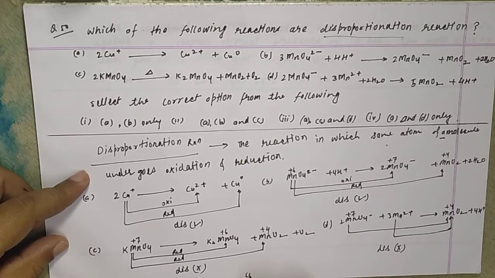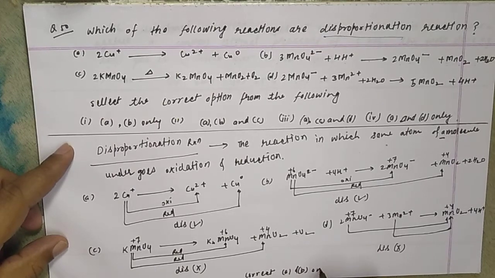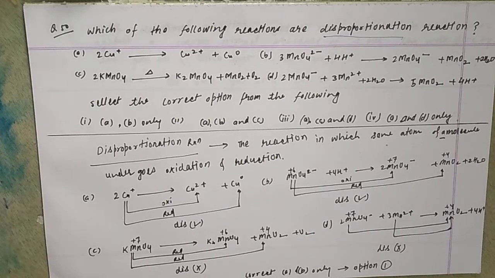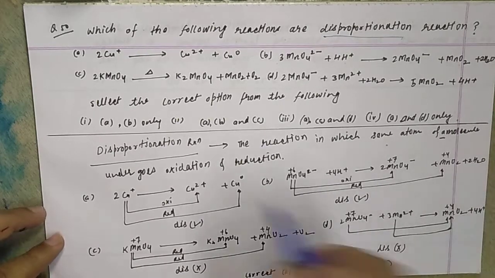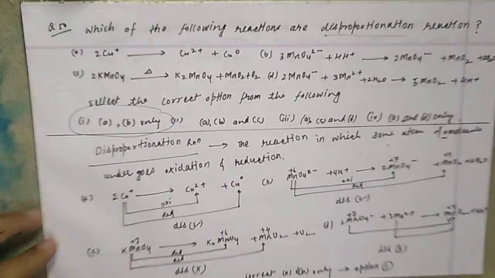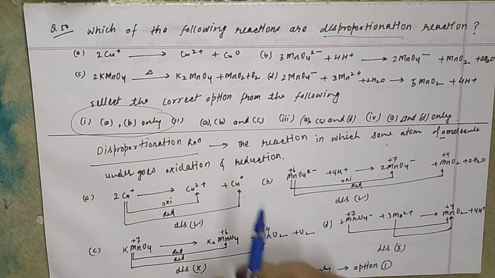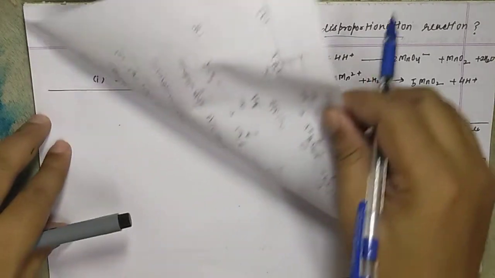So the correct ones are A and B. A and B are disproportionation reactions only. This corresponds to option number 1. So the correct answer is option 1. I hope this will be clear to you. Now let us move to the next